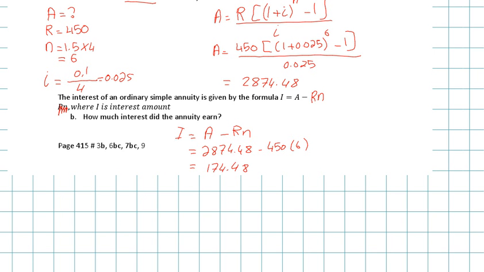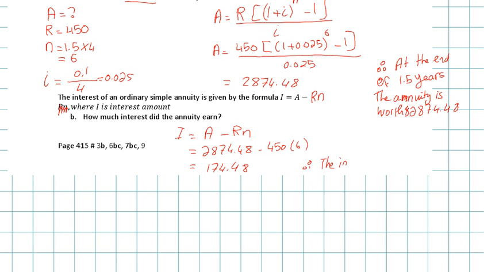Something that I forgot to do on the top is put a therefore statement, which you should not forget to do. So at the end of 1 year and a half, of 1.5 years, the annuity is worth, and then at the end here, you have to say that the interest earned, or the annuity earns